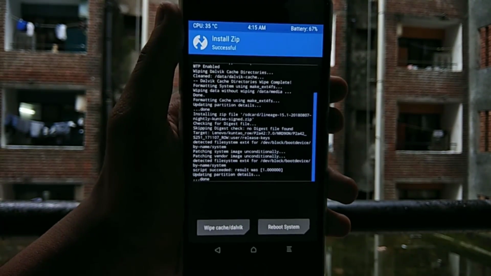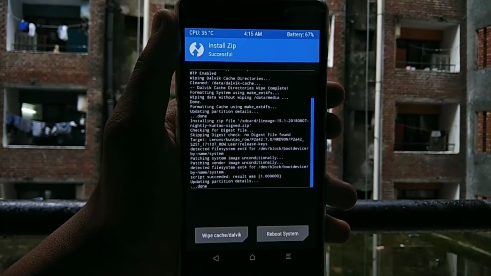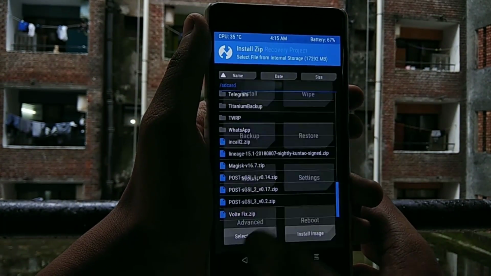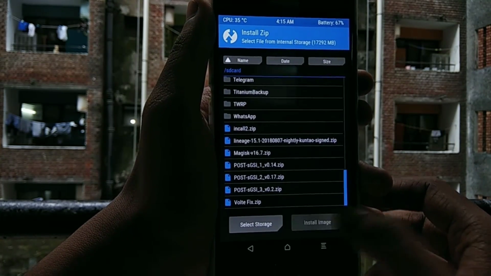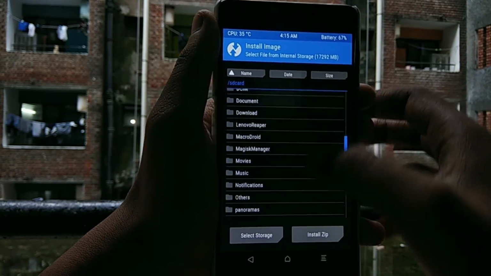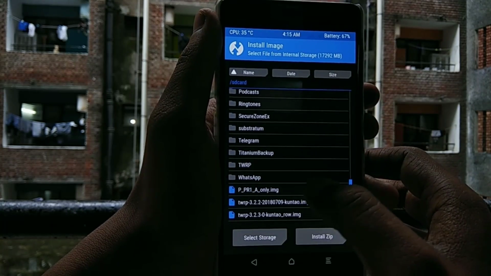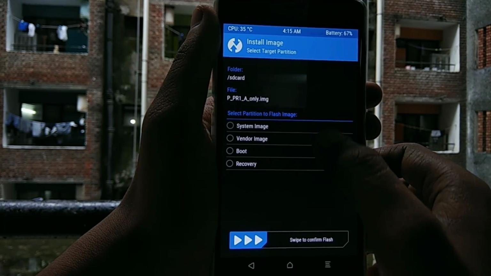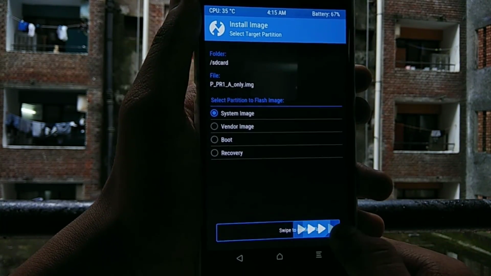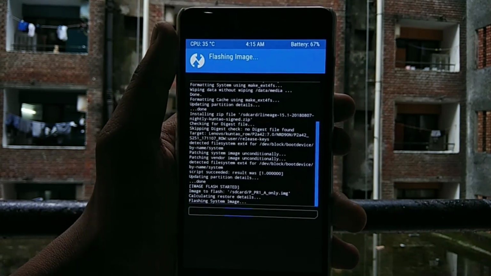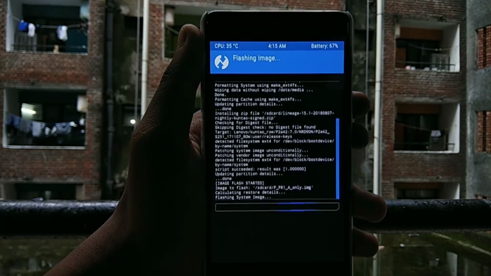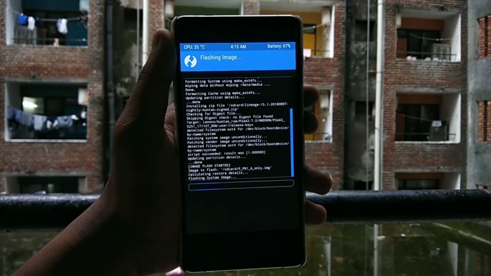After installation of Lineage OS 15.1, go back and again click on install. Now click on install image and choose that extracted file PPR1 A only image, select the partition system image and swipe to confirm the flash. The flashing of this image may take up to 1 minute.